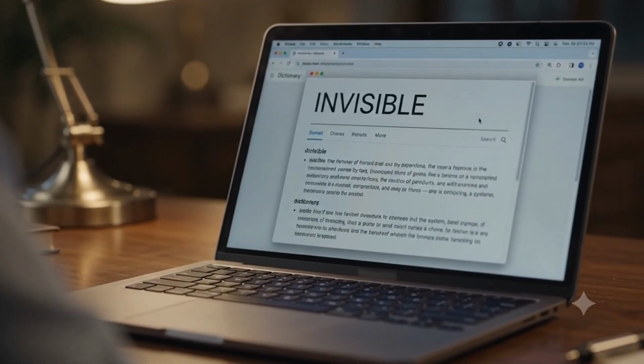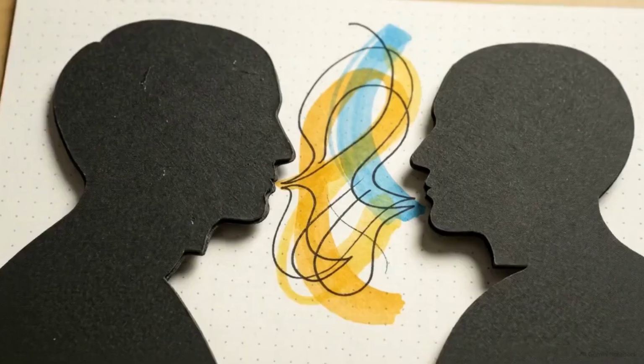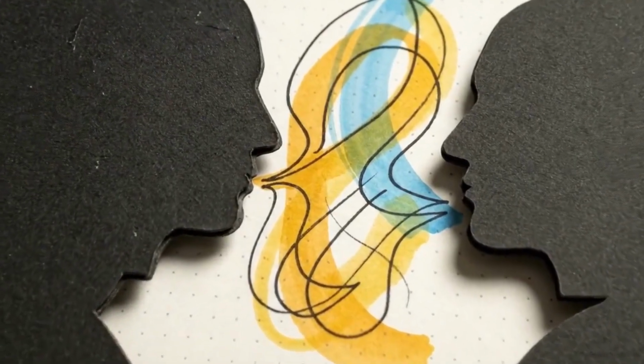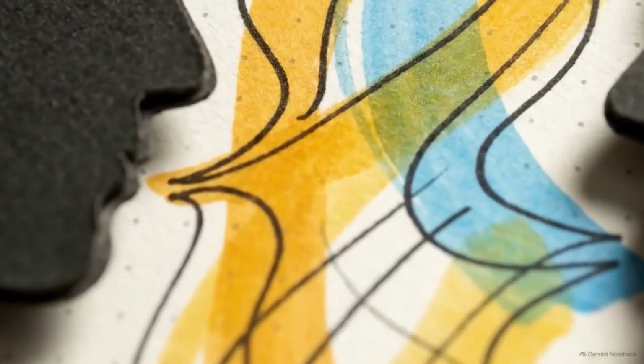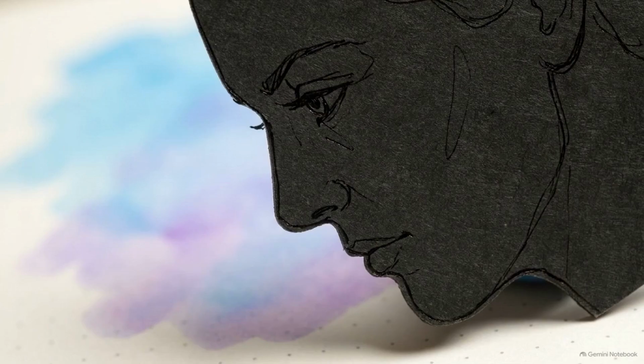But later I remember that moment and I think, what was that word I was looking for? And then I look it up. And when I find it, invisible in this case, I have now connected that word to a real communicative need. And sometimes it's not even that I don't know the word. Sometimes I know exactly what I want to say, but after saying it, I think, I could have expressed that better. Maybe there was a more precise word, or perhaps a more natural expression, or a better way of structuring the sentence. And then that creates another question. How could I say this better?